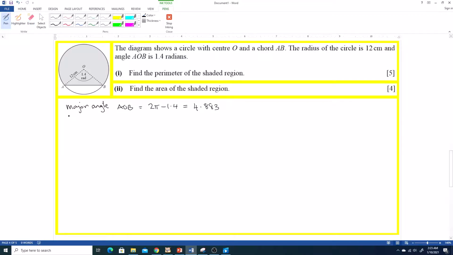So perimeter of the arc is going to be r theta, and it's going to be our r is 12 centimeters times our theta 4.883,